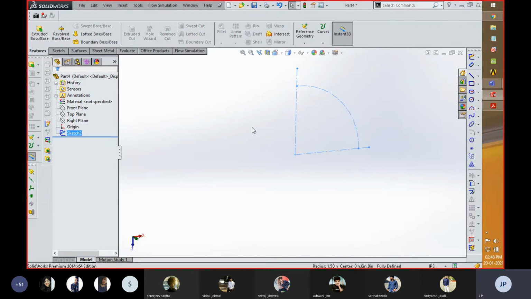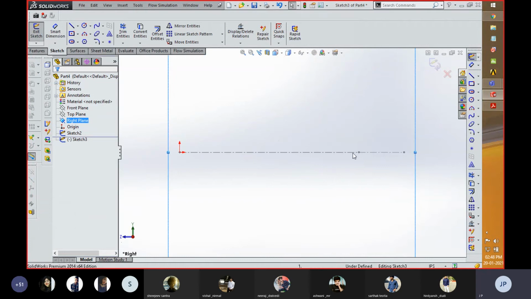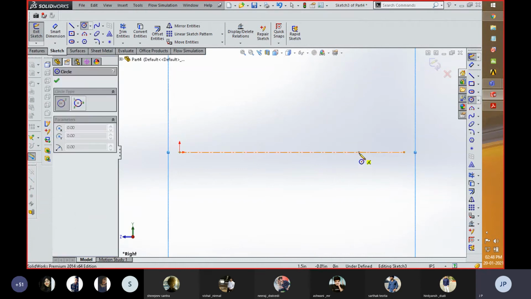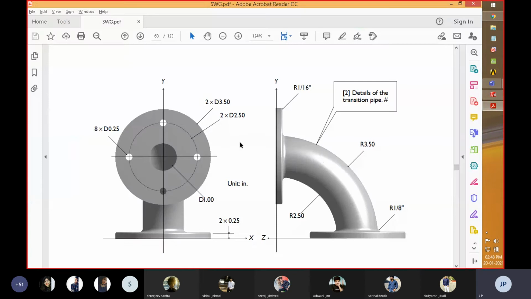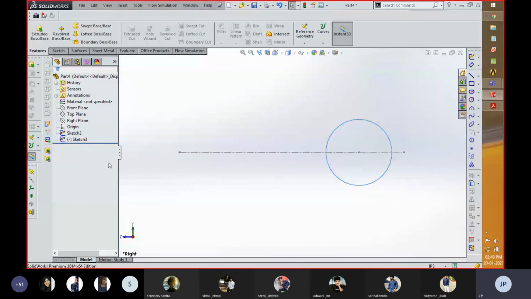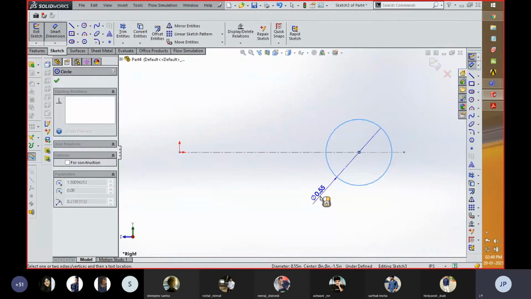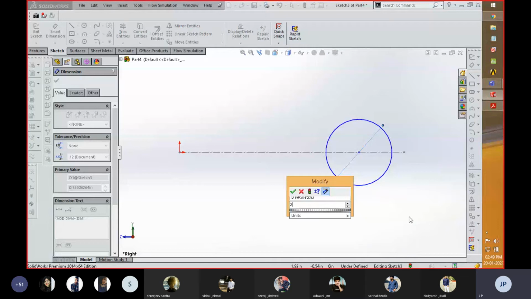Now I'm going to create a sketch over here, which can be followed by that part. So I'm going to create a circle, and with respect to the dimension, that is 2.5 in diameter, and this should be 1. So the total diameter of this is 2.5. For dimensioning, somehow I selected the exit command. So I'm going to dimension this as 2.5.